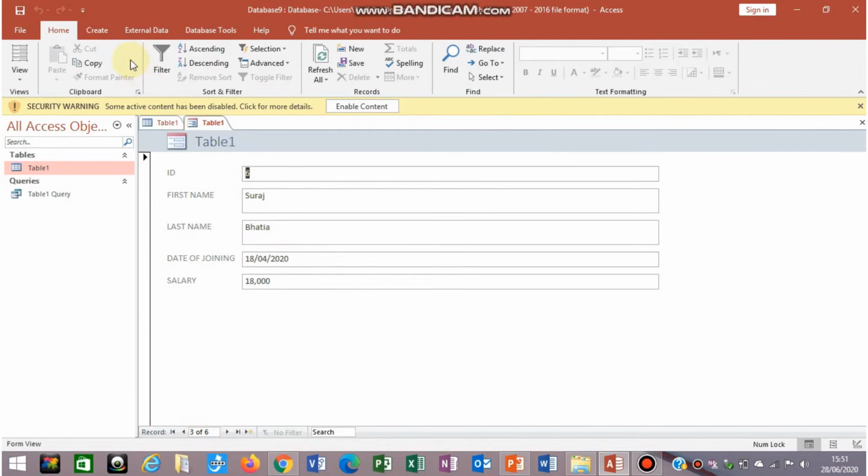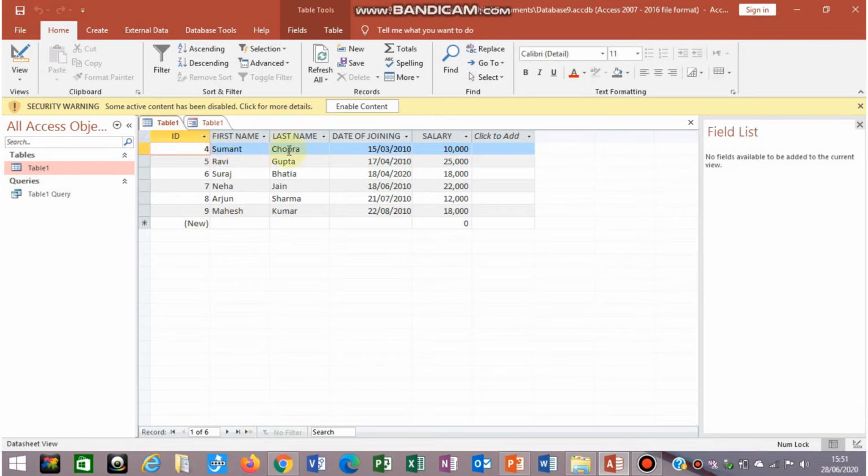Next we are going to see how to create a form using the split form option. Again open this Table 1, the main table of your database. Here my database table name is Table 1, that's why I am saying Table 1.